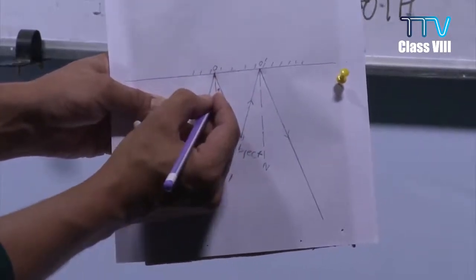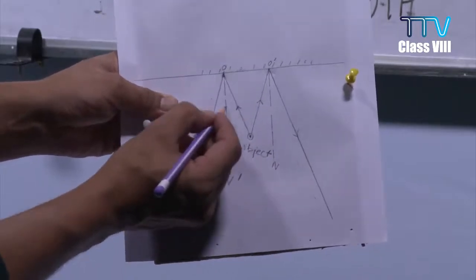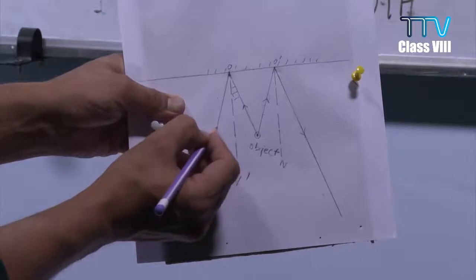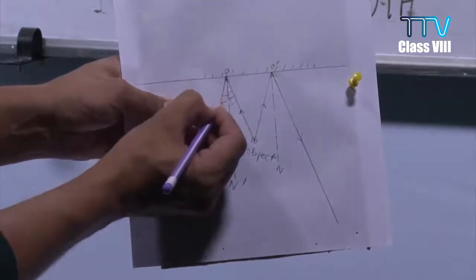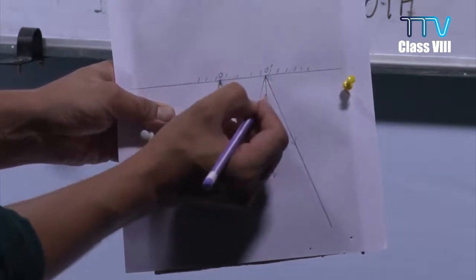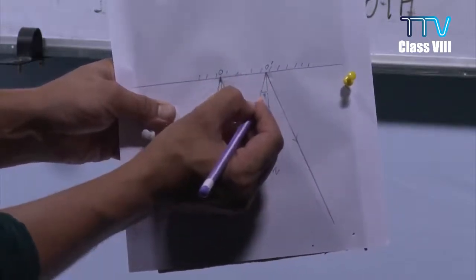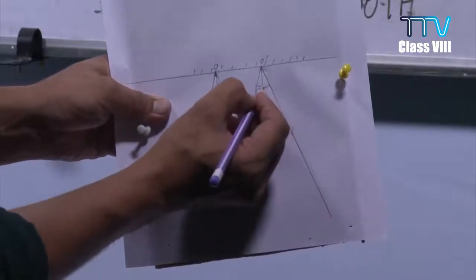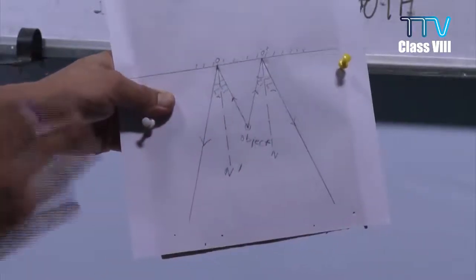We are following the laws of reflection: the angle between the incident ray and the normal is called angle i, and the angle between the reflected ray and the normal is called angle r. If this is the incident ray and this is the normal, the angle between the two is called angle i. And if this is the reflected ray and this is the normal, the angle between the two is called angle of reflection. We are following the